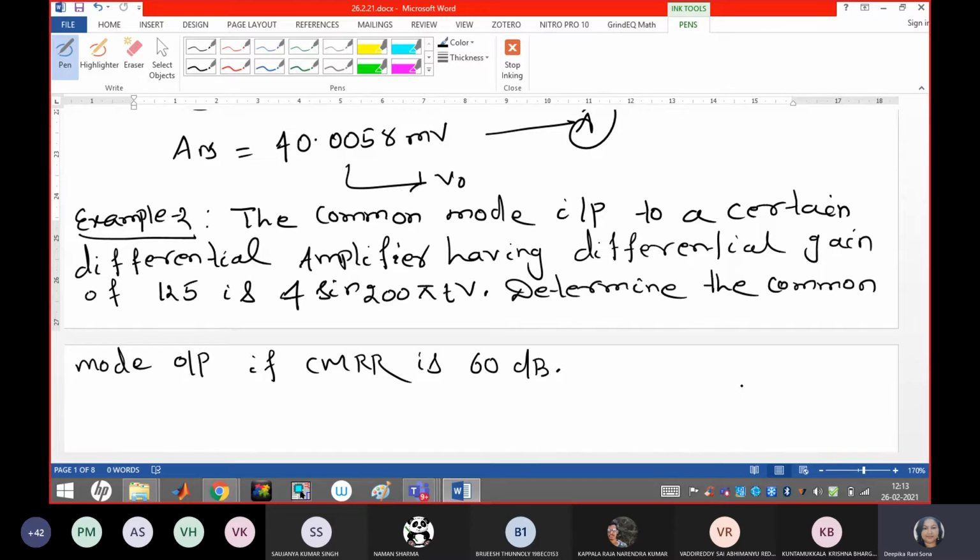Guys, when the data are given in the normal scale, you have to proceed with that. But when the data is given in the dB scale, you have to convert this to normal scale by taking that 20 log. Then you have to take the anti-log value. Directly, you can take the anti-log of that dB value divided by 20, because we are representing the CMRR as 20 log of that AD by AC ratio.